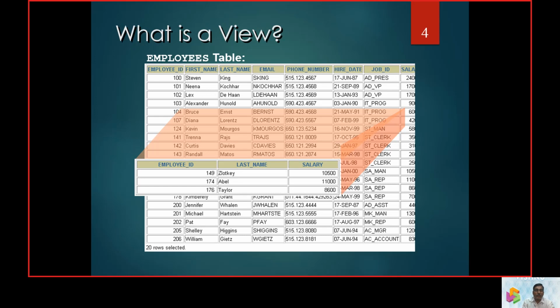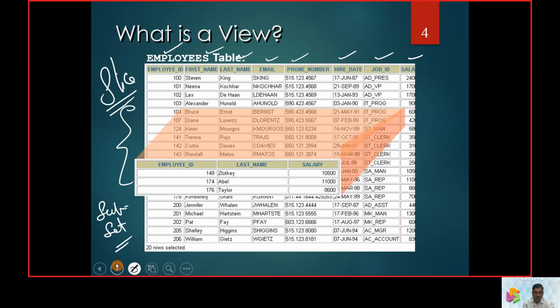Now here is a table we can see with employee ID, first name, last name, email ID, phone number, hire date, job and salary. So now we are taking a slice, or we call it a subset, of the main table.